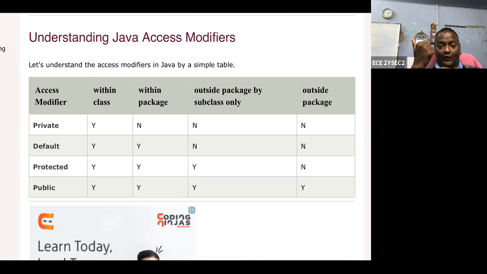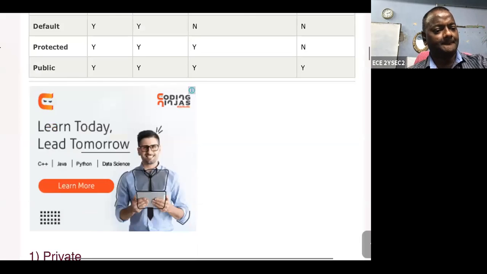So what is the purpose of the modifier? What are the general modifiers? There are many, but up to now you should understand private and public. Later on you should understand default and protected, everything. So what is private and what is public?